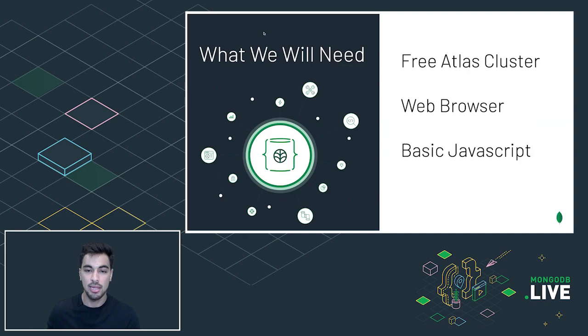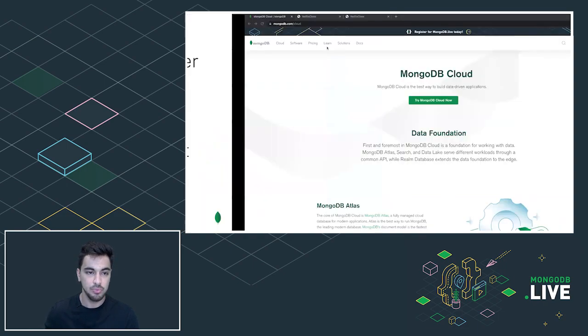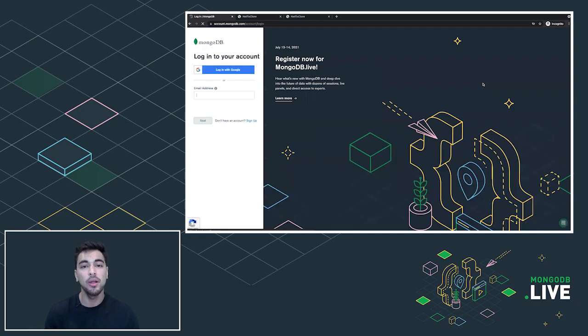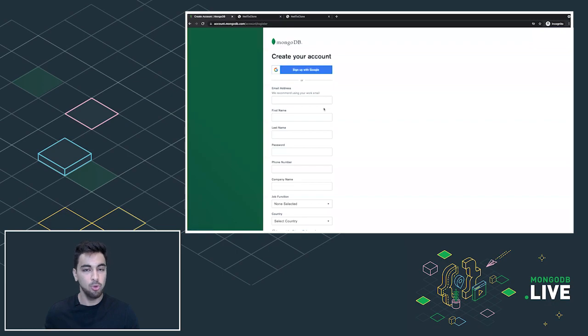So I'm going to jump straight into provisioning this cluster. We're going to navigate to mongodb.com, and then I'm going to click on sign in the top right corner. From here, if you already have a MongoDB account, I highly encourage you to sign in and spin up your own M0. If you don't have an account, or if maybe you forgot how to provision your own cluster, don't even sweat it. I'm going to be walking you through those steps right now. So we'll click on sign up, and then we'll fill out the form that it prompts us with.